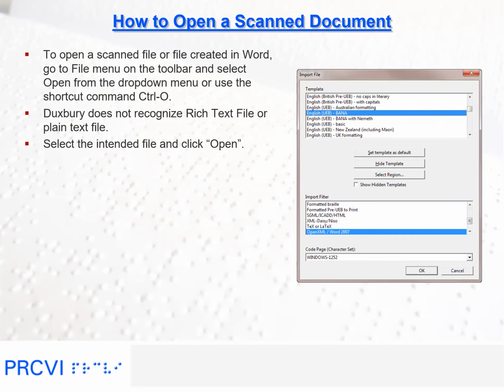Import file windows open up. Select English UEB BANA and click OK. You can make English UEB BANA as your default template by clicking on Set Template as Default and click OK.